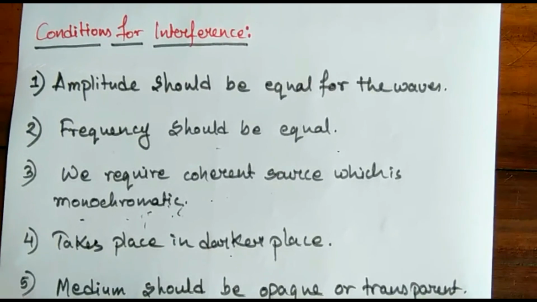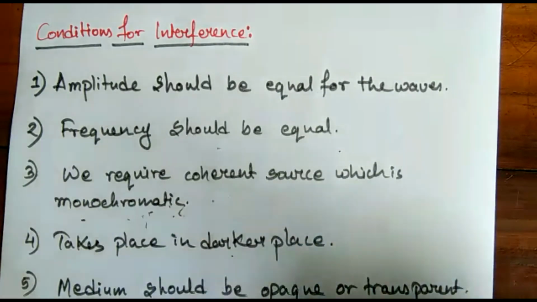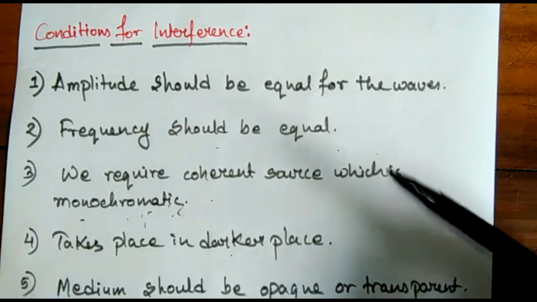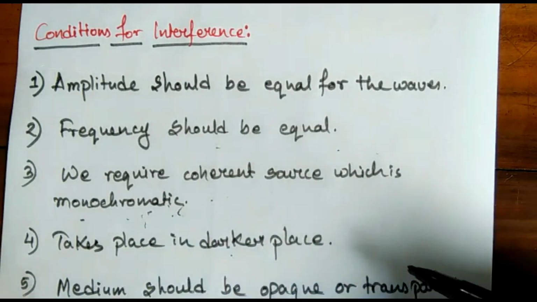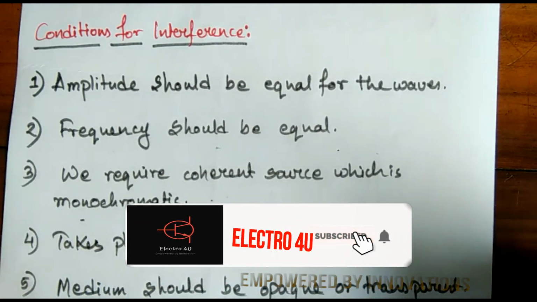There is another experiment related to interference which was actually performed to prove the interference of light. This experiment is called Young's double slit experiment. This experiment is a little bit longer, so we will discuss it in the next video. And these mathematical derivations and all the basic points I have cleared in this video. So that's all. Thank you for watching.